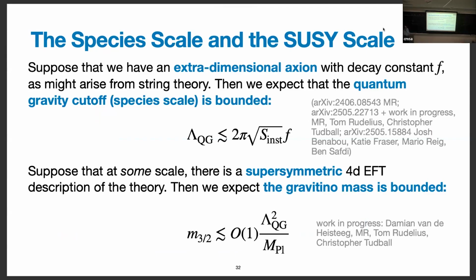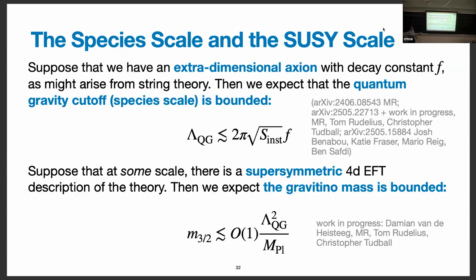But I want to propose something that I think we have some interesting evidence for. And then I'm also going to tell you another thing. So here's two kinds of bounds on scales. The first one is starting from the axion decay constant f. I claim that for an extra-dimensional axion, we have reasonable arguments, or at least a lot of examples and cases where we understand what's going on, where the fundamental quantum gravity cutoff scale, what has also been called the species scale in some of the talks at this workshop, is bounded by 2 pi times the square root of S times f,